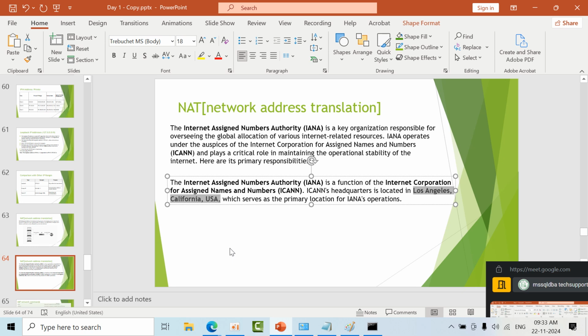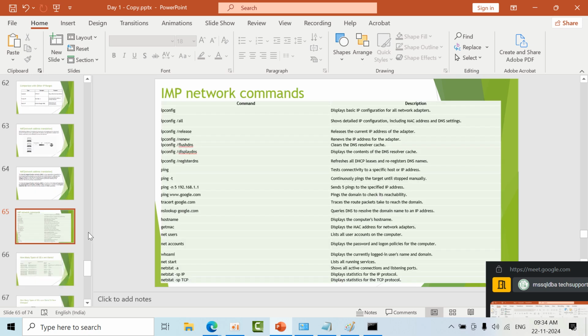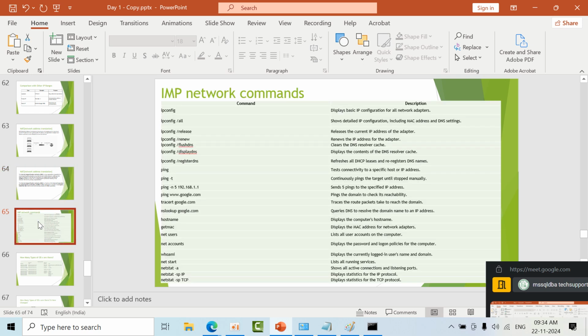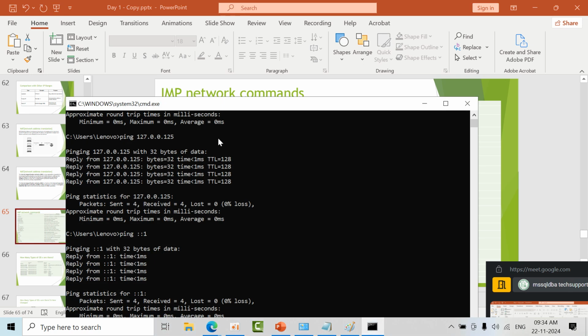This action makes China angry. What is China doing? They have established large data centers, and they have copied everything from the US to the China data centers. This is real, but nobody will tell you officially. Sir, that is also good. Sir, to work with SQL Server, we need to learn some important networking commands as well. Sir, what are they?